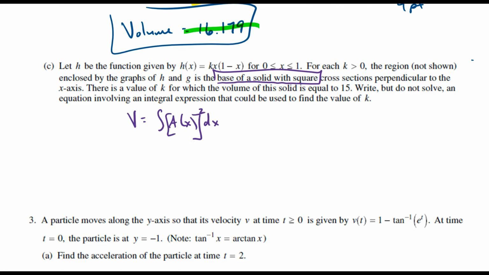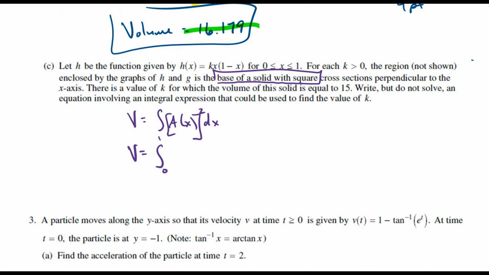The area of the base squared. That's going to be the volume every single time. If it gives you the shape of the base, the volume is going to be the integral of the area of that shape squared with respect to whatever variable. So in our particular case, our volume is the integral from 0 to 1 of,